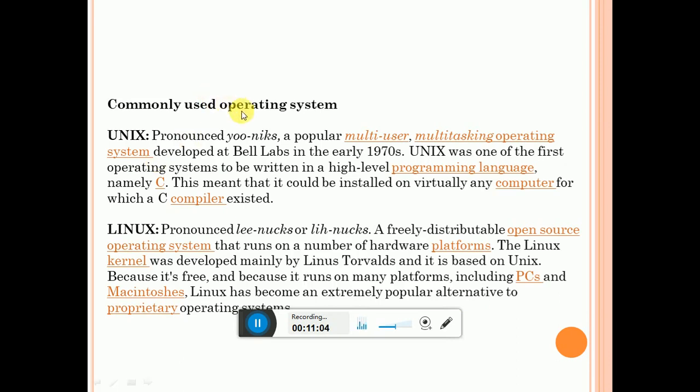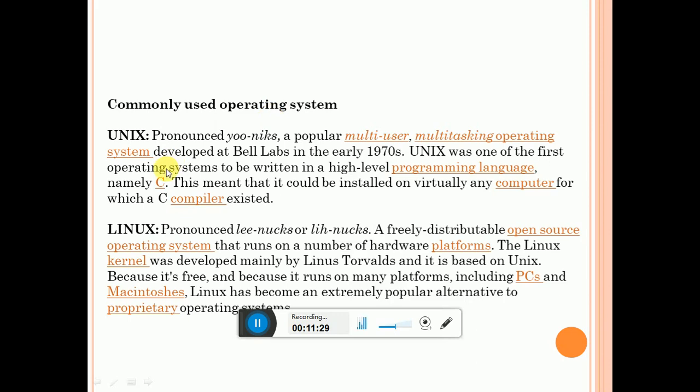The next one, the important one, is the operating system. Each and every computer should have an operating system. When you switch on, when you are booting the system, the first software it executes is the operating system. The operating system gives the connection, it completes the circuit. Then only can we use the keyboard and mouse, and everything is accepted by the CPU.